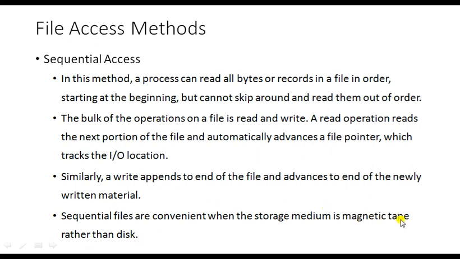Magnetic tape means it's like your audio cassette. In the earlier days there was a tape recorder and an audio cassette. In that audio cassette you can store some songs. If you want to go to the 3rd or 4th song, you go through the 1st, 2nd, 3rd. The approach is sequential. You cannot directly go to the particular song. If you want to go to the particular song, you go through the initial songs. So always magnetic tape allows sequential access. So if the file system implements sequential access, better you use magnetic tape.